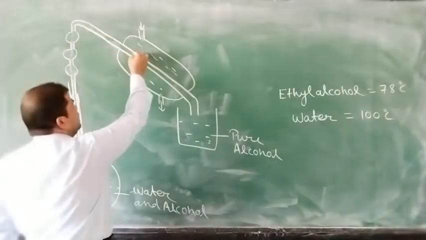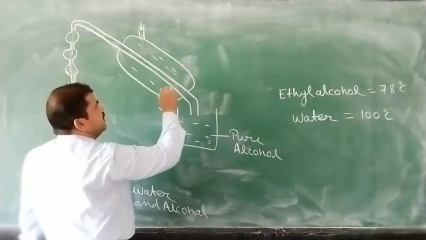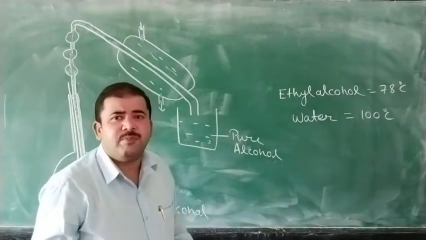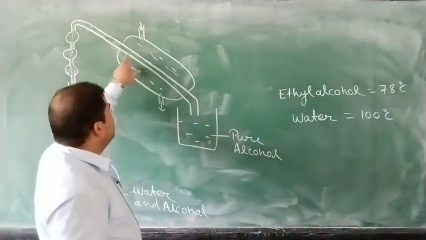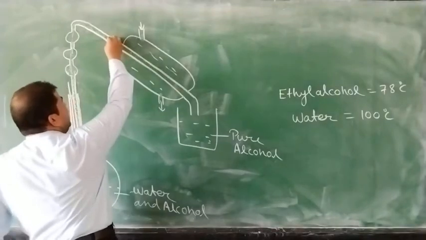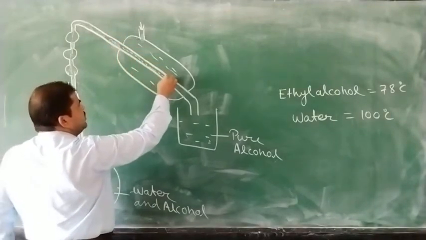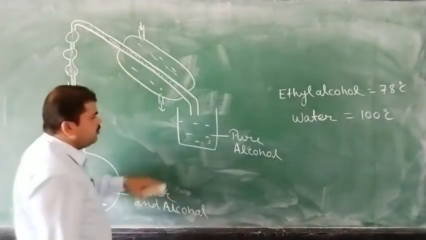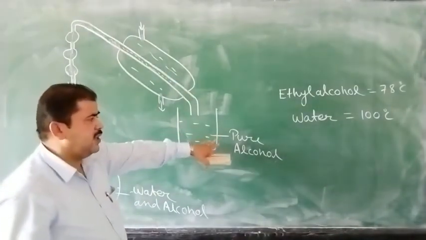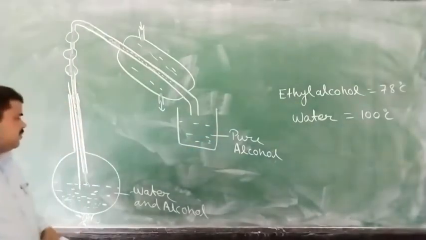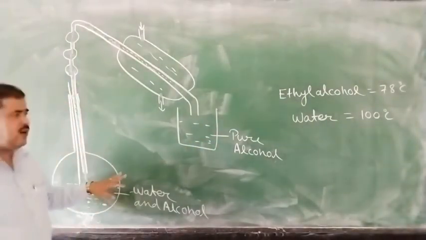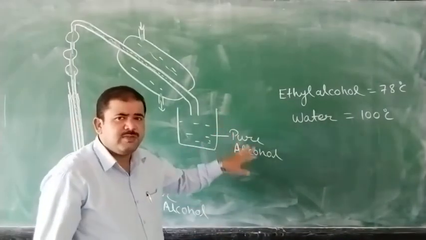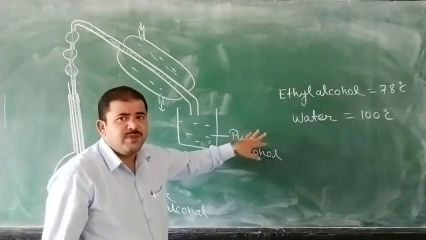tube, and this will pass through the Liebig condenser, and we know that the Liebig condenser condenses the vapor of the liquid into pure liquid form. So when the vapor of the alcohol passes through this, you will get it in liquid form in another container. So here we will get pure alcohol. This is the ethyl alcohol. By this method we can separate ethyl alcohol and water. This is the example, because we know that ethyl alcohol and water totally mix with each other. This is an example of miscible liquids.